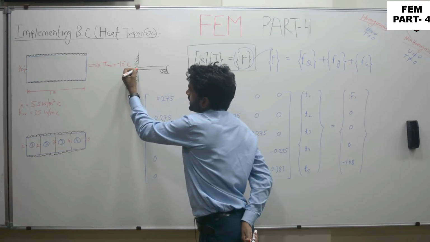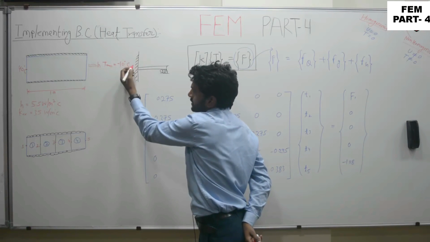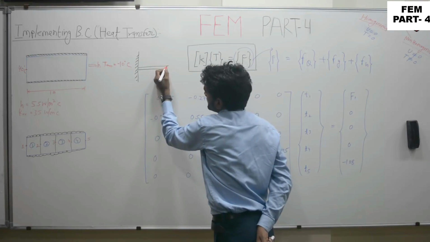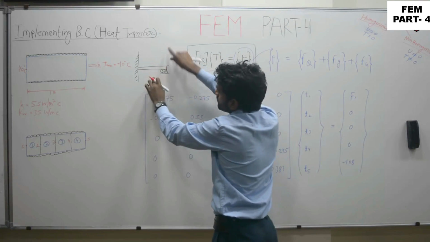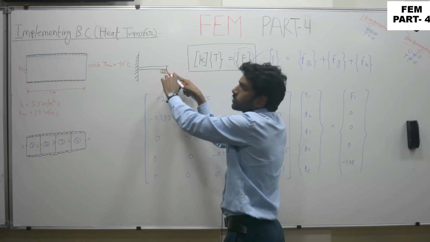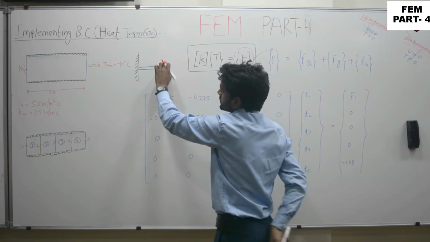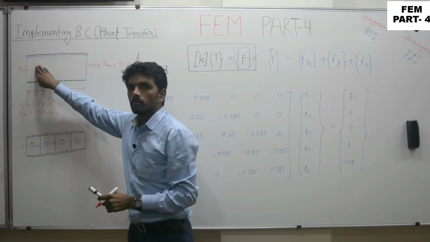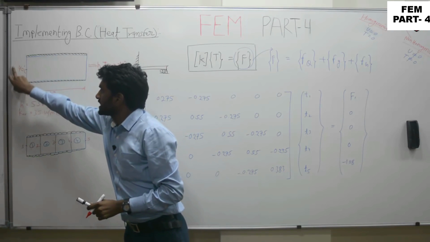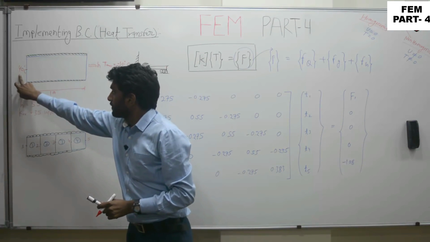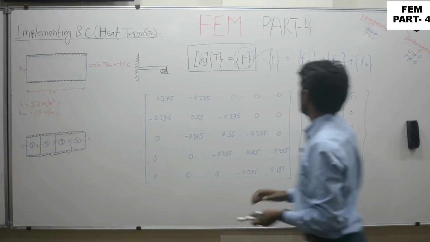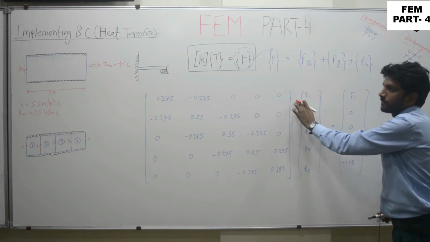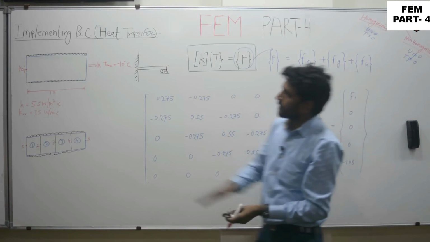There, if any particular point is fixed, it means there is neither rotation nor vertical displacement. And on the right side, if there is a roller, it means it is going to move left and right, but it is not going to move upward. It means there was a restriction in the vertical direction. In a similar way, while solving the heat transfer problem, at a particular point the temperature will be given. If a particular temperature is given, then how are we going to implement or input that particular temperature on this unknown field?